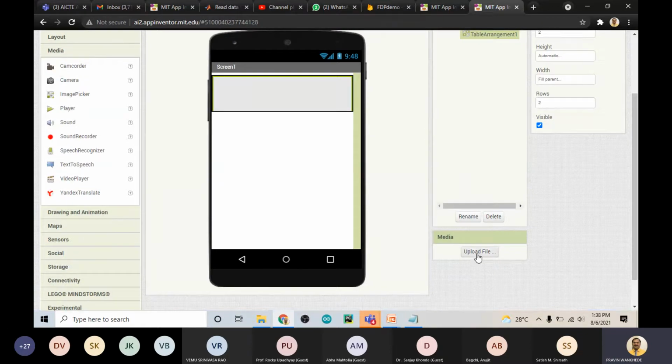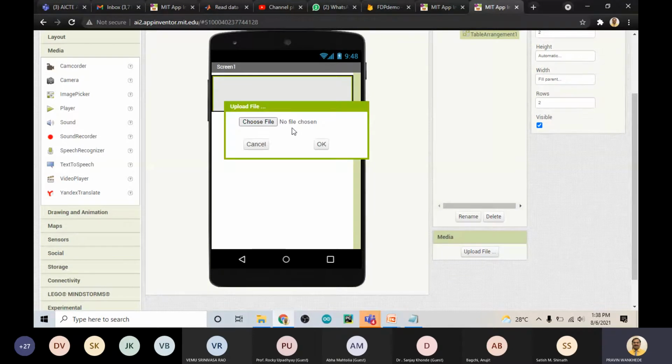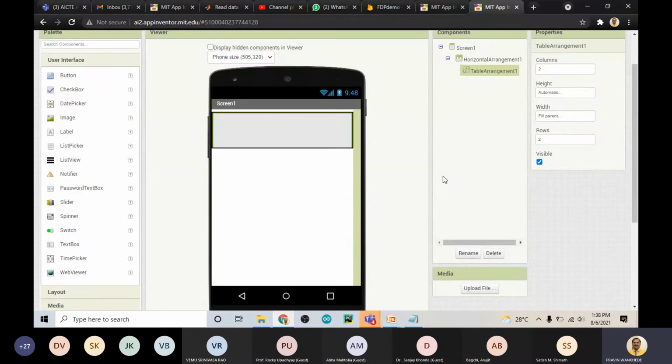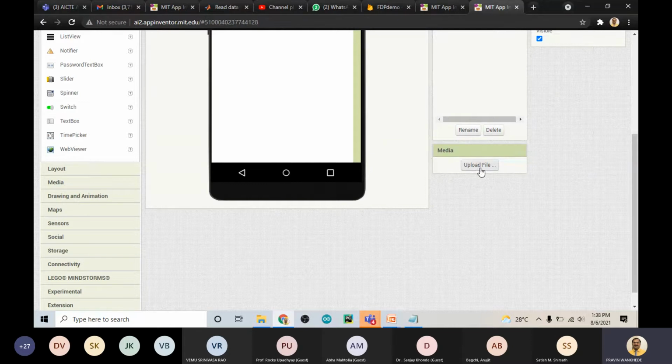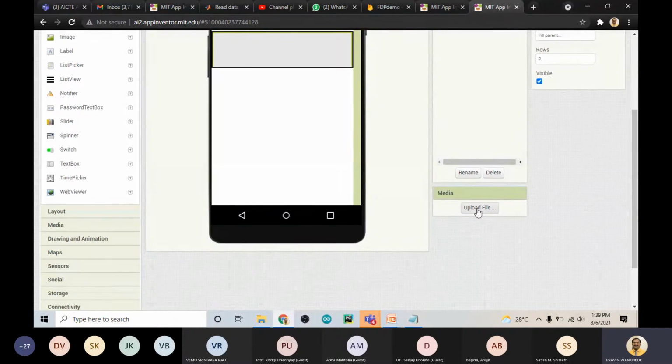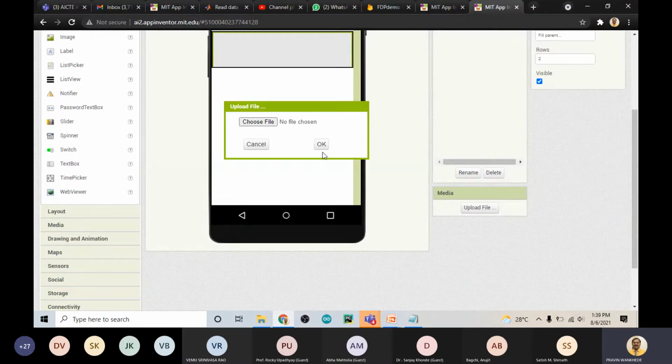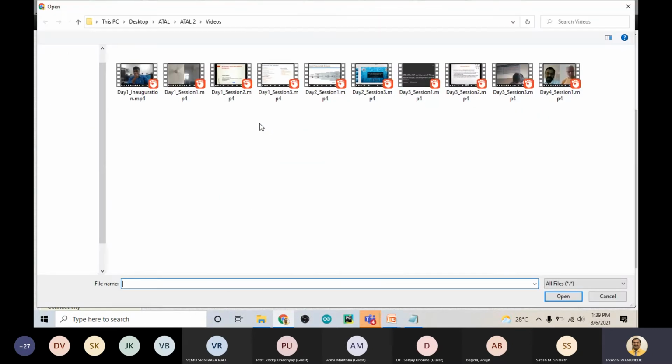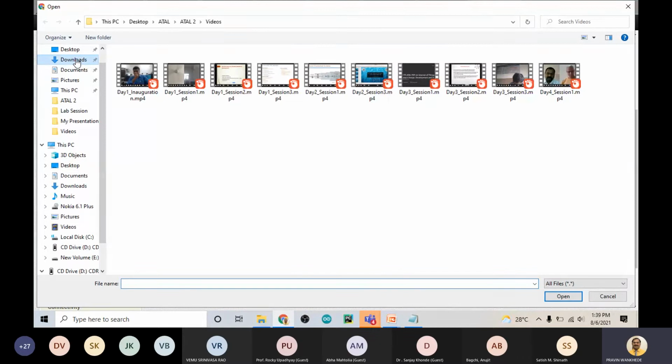Upload the file from here. At the bottom side there is a button called upload file. Whatever number of files that you want to add in your project, you can add here. So I upload here, choose file. Any file that you have, you can add here.